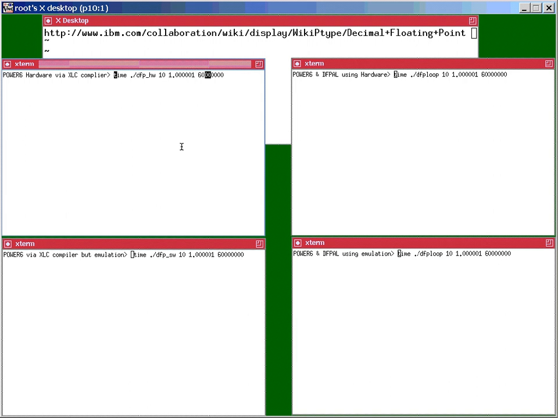We have here 4 windows onto the same machine. It's a Power 6 based machine. In these 2 windows, we're going to run the same program. It's compiled in 2 different ways. In this window, we're going to compile it with the Power 6 hardware support, so we'll actually do the floating point maths with the processor. Here we'll have exactly the same program, but we've compiled in software emulation